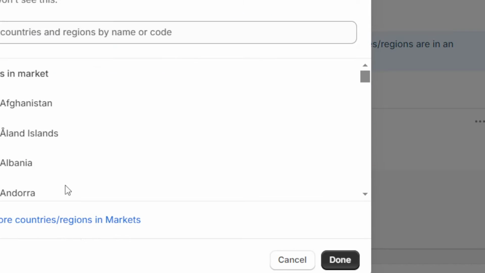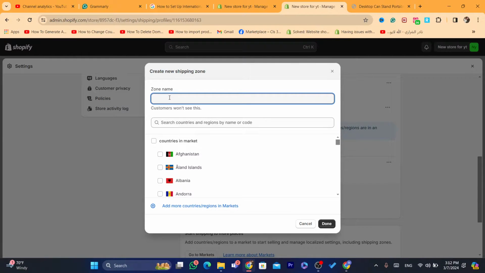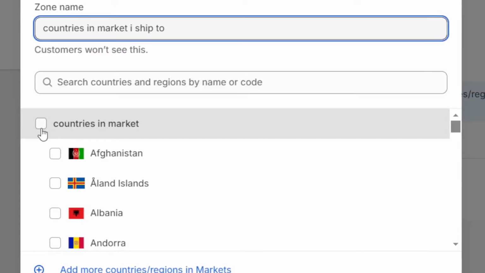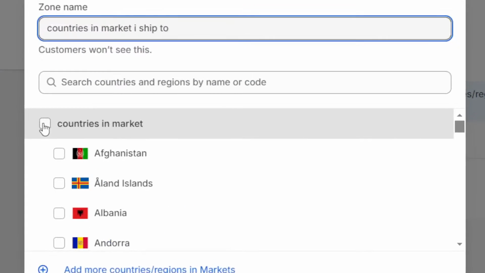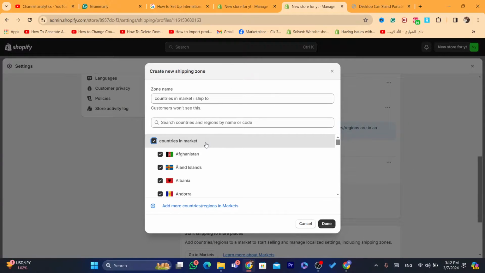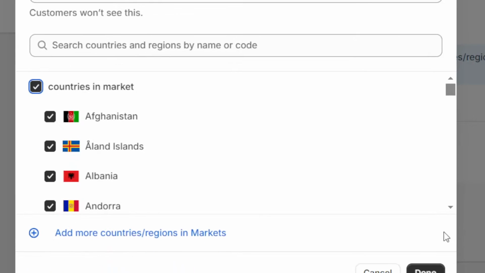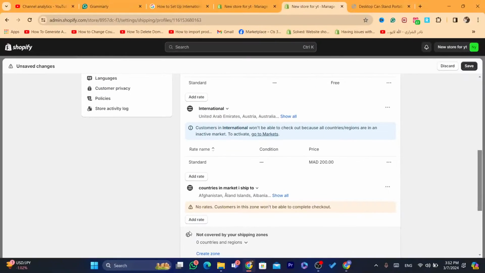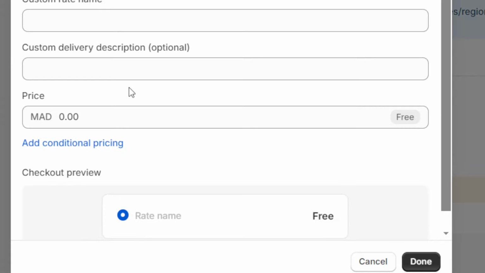Click on create zone, and here you need to name the zone, for example, countries in market I ship to. Just an example, you don't need to type that. If you want, you can type only countries or something there. After that, you want to select all the countries where it says countries in market that you have selected in the market. Check all of these and then click on done,